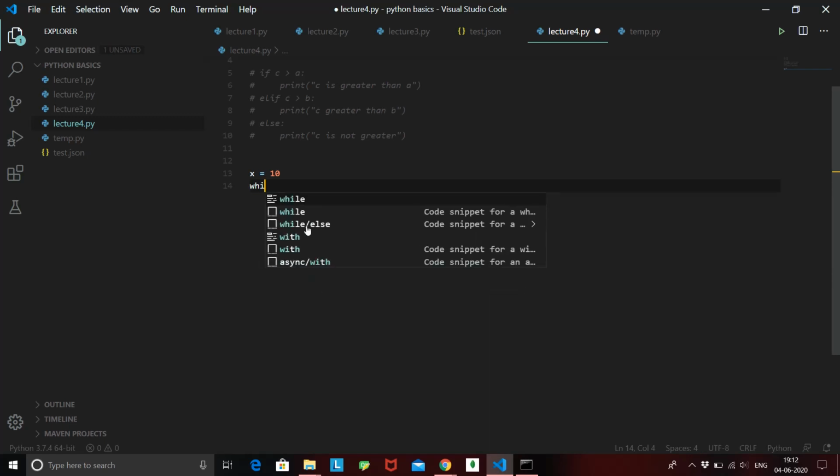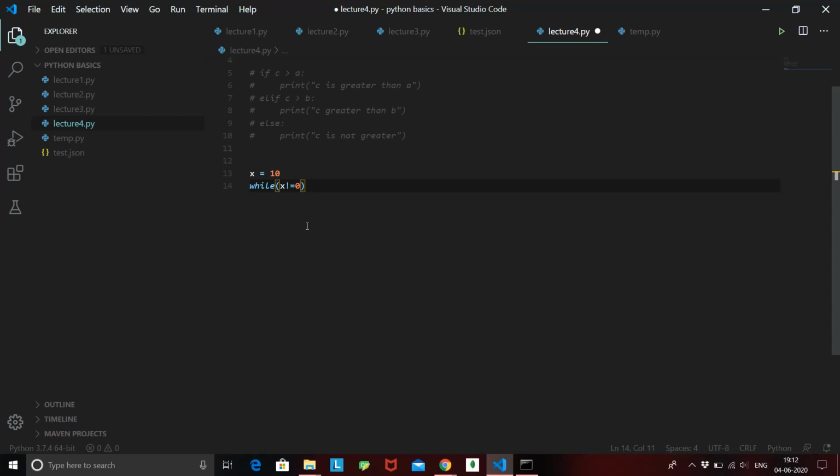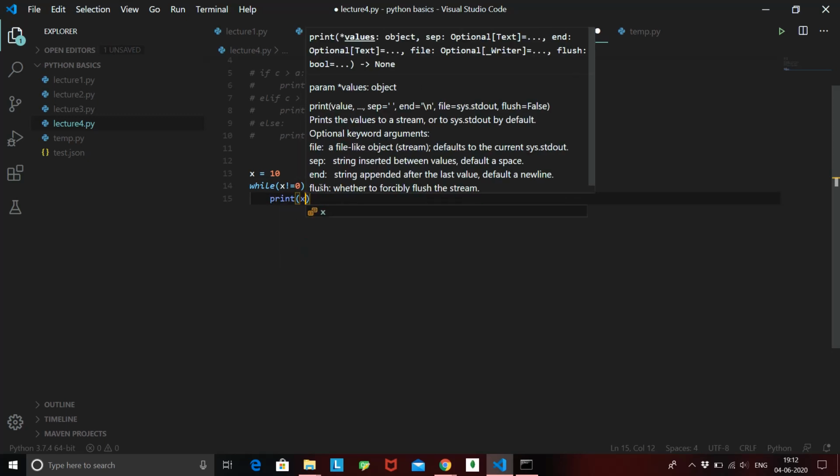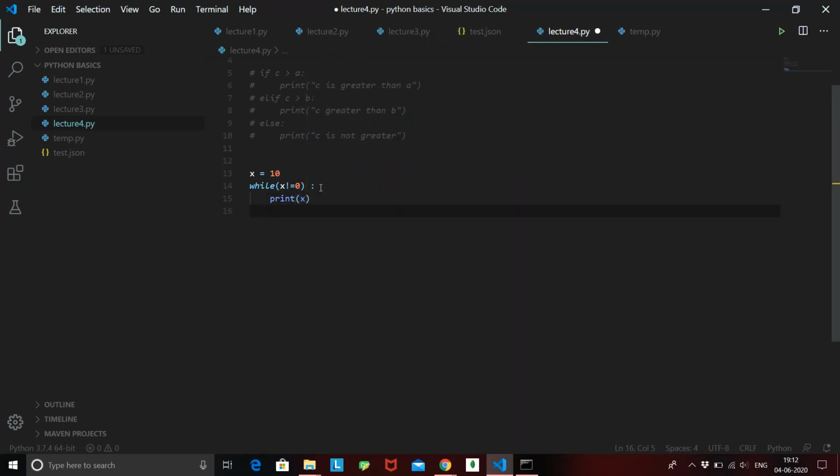So I'll say while x is not equal to 0. What I did here is I gave an expression, that is while x is not 0, print x and then x equal to x minus 1.